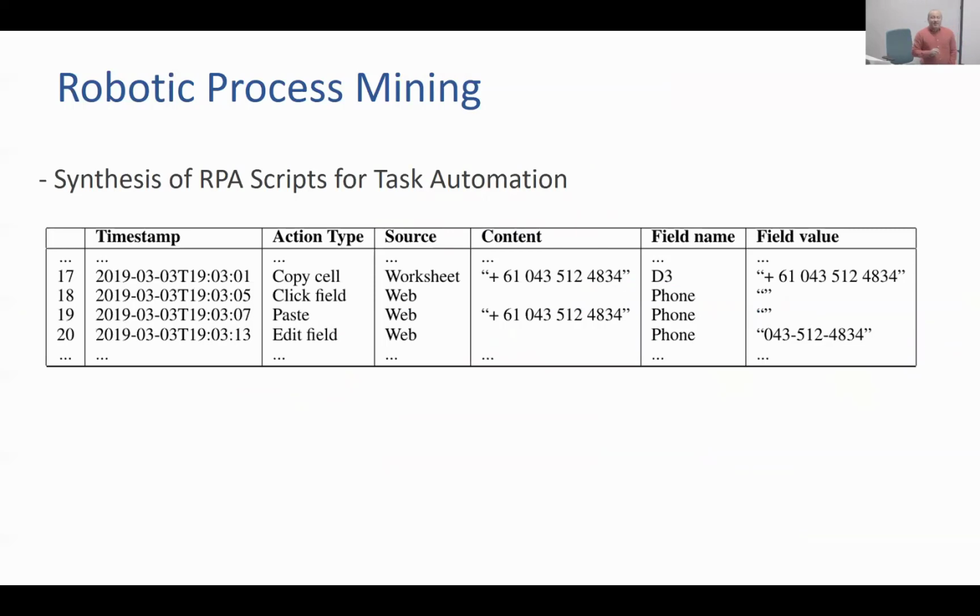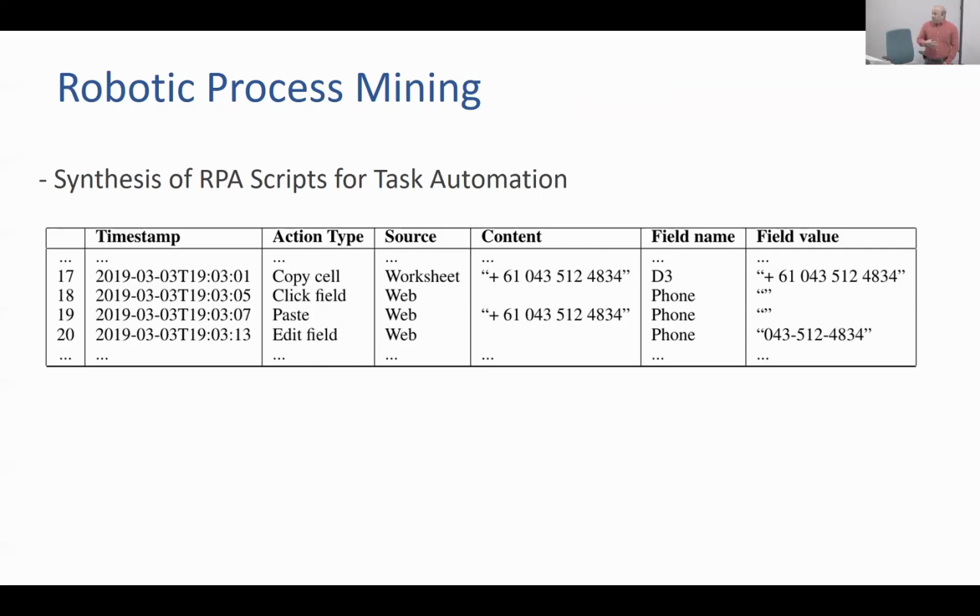I will zoom a tiny bit into two of these boxes I just showed you to see what are the techniques that can be deployed in each of these cases. So the first thing you want to do with an event log to do automated process improvement is to identify opportunities for automation. This is a holy grail. If you can find opportunities for automation and you can accelerate the automation of these tasks, then you will gain immediate efficiency gains, because you will be able to scale up more and do more work with less